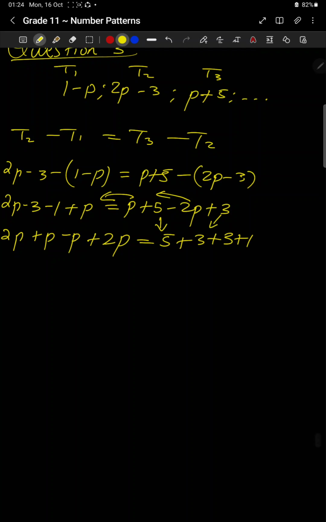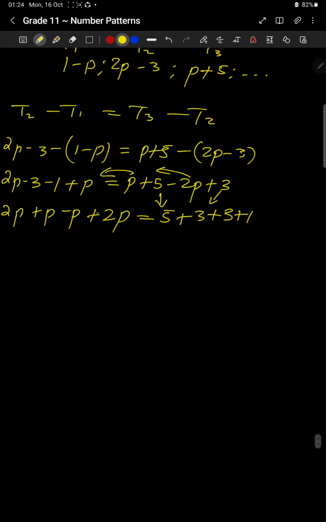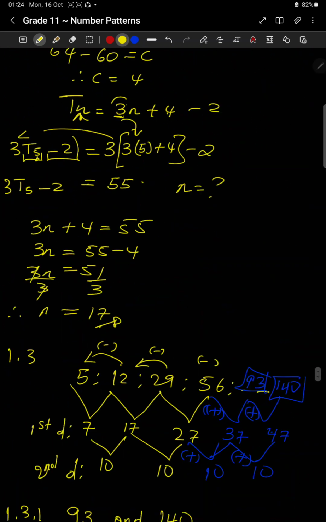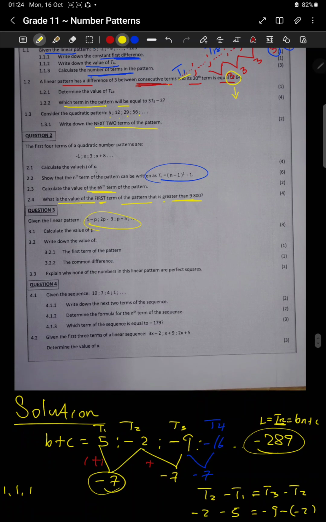So now we just work this out. This will nullify this, therefore 2p plus 2p must be 4p is equal to, and on that side we've got 5 plus 3, which is 8, and then 8 plus 4 definitely is 12. We divide by 4 on both sides, therefore p must be 3. All right, and then the next question, in question number 3, the next question says,